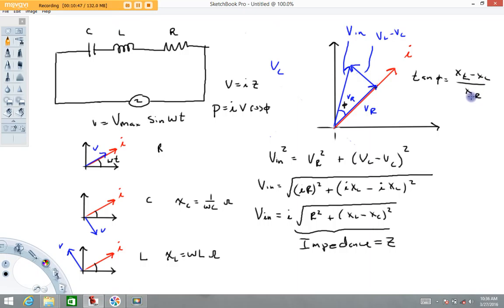Now, the circuit that I drew, because of the way I chose, I had to decide one of them was bigger. This would be called an inductive type of circuit, and in the circuit I drew, the X sub L was bigger than the X sub C. But when you start these problems and you calculate these values, if the reactance of the capacitor is larger, it means that this vector is going to be down here and to the right. Your picture would look basically like this, and then you'd have an X sub C minus an X sub L here. Anyway, that's not really that important.